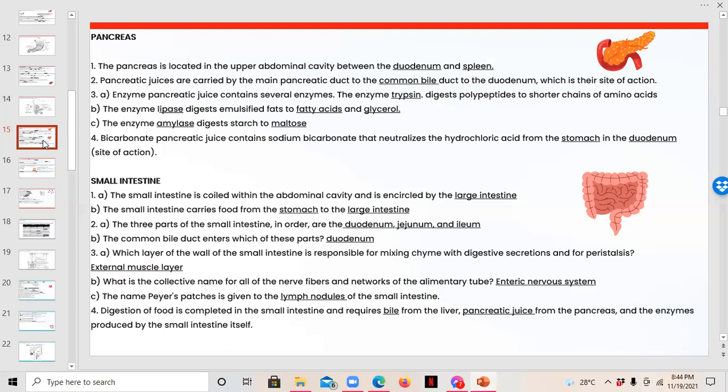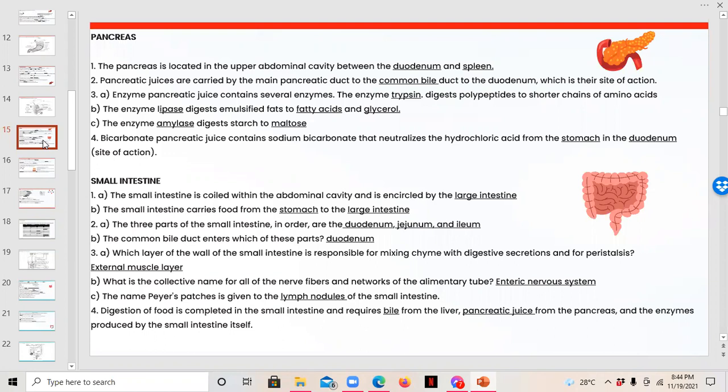3A. Enzyme: pancreatic juice contains several enzymes. The enzyme trypsin digests polypeptides to shorter chains of amino acids. Letter B, the enzyme lipase digests emulsified fats to fatty acids and glycerol. Letter C, the enzyme amylase